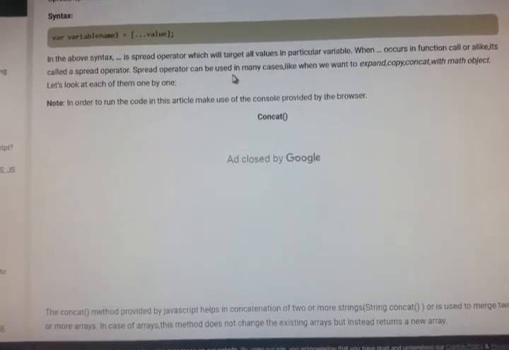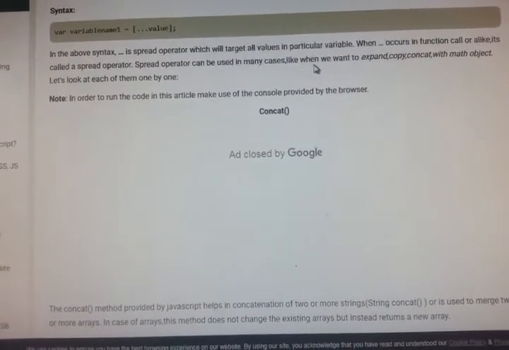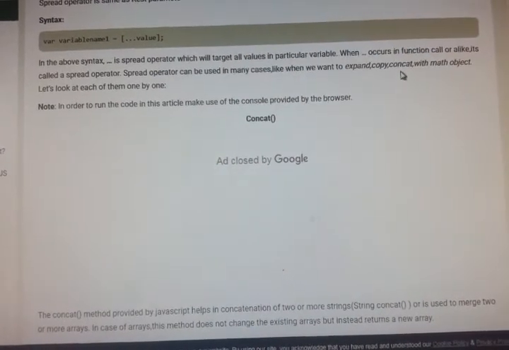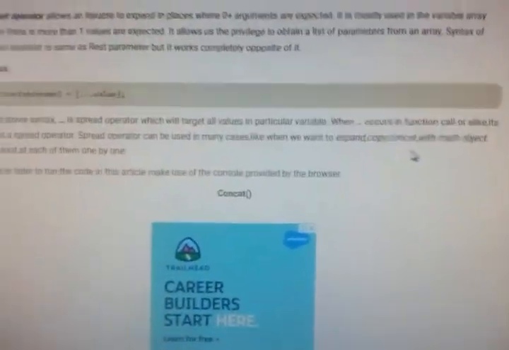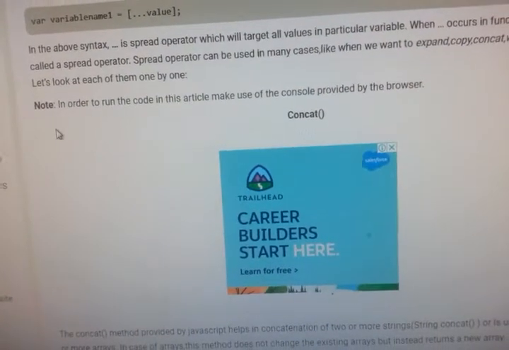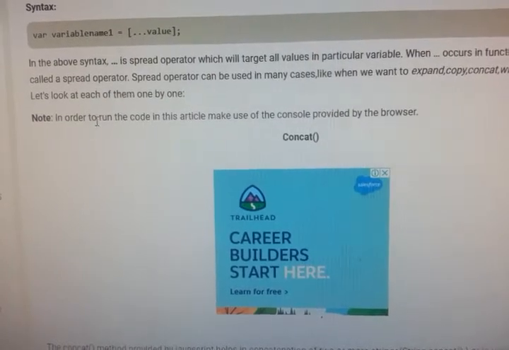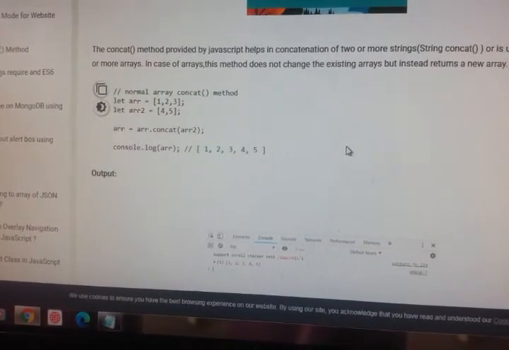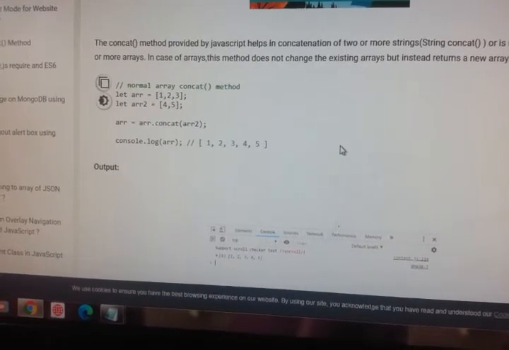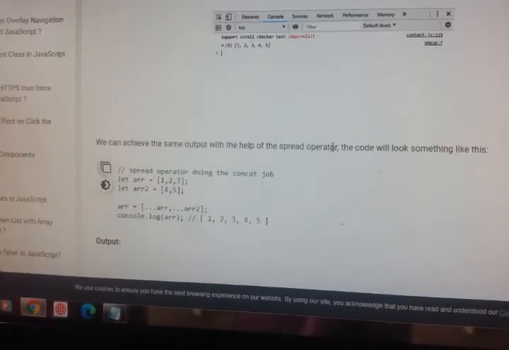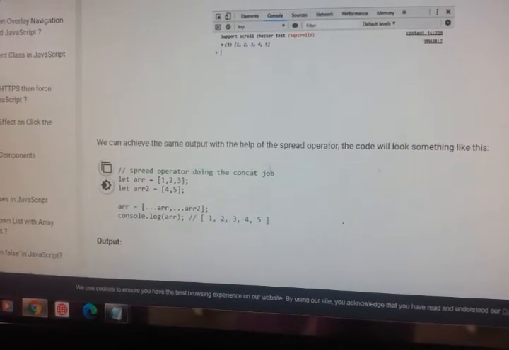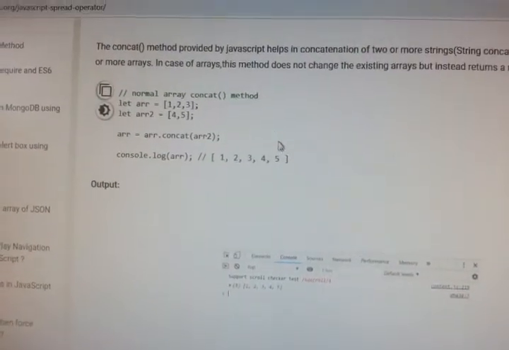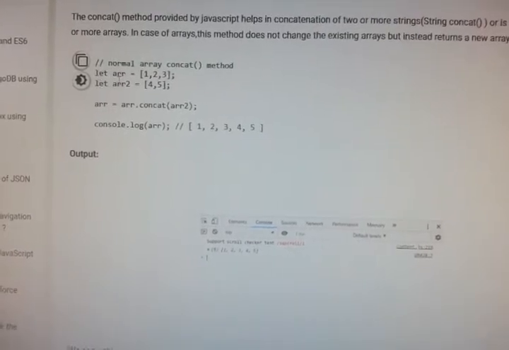The spread operator can be used in many cases, like when we want to expand, copy, or concat, and with the Math object. Here a simple example is given, where the spread can be useful.